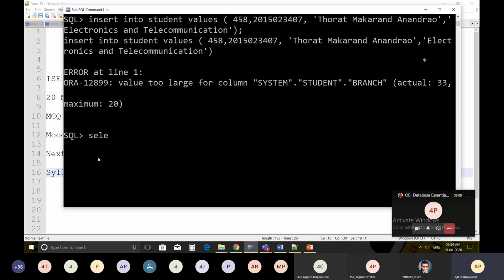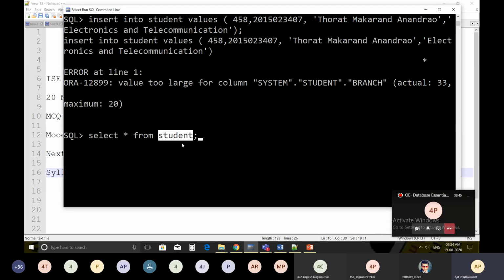Here I will say select star. What does this mean? Select means you are selecting a number of attributes. Star indicates all the attributes of the relation, and you are retrieving all the attributes from the student relation, which I have already created.